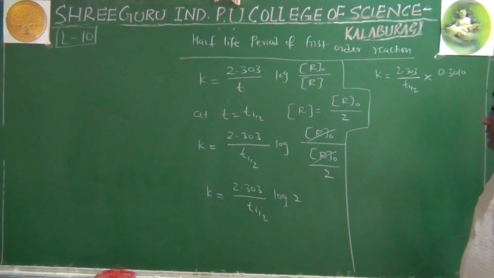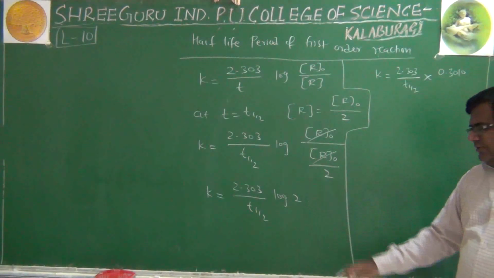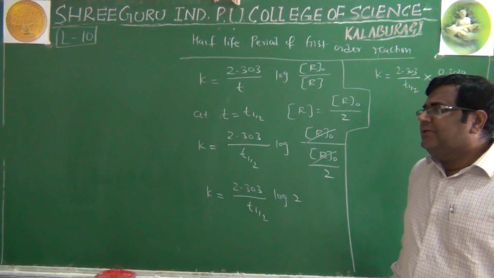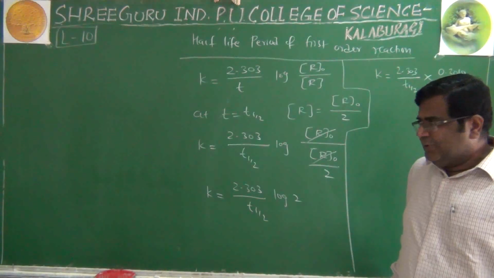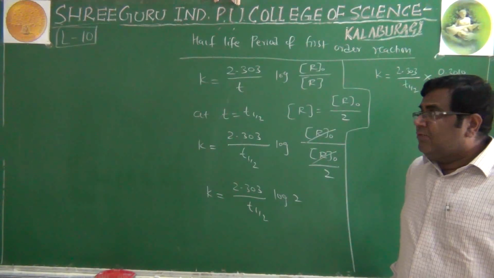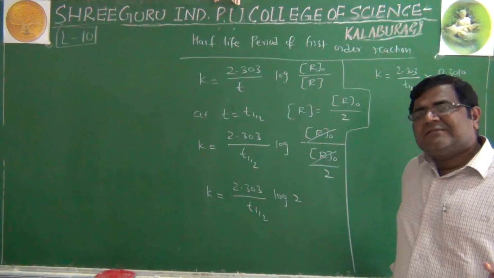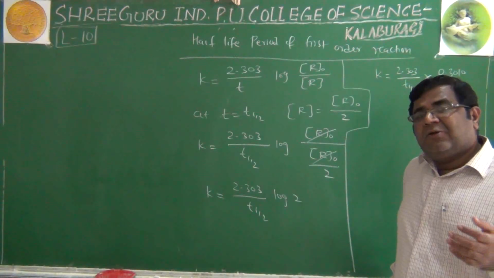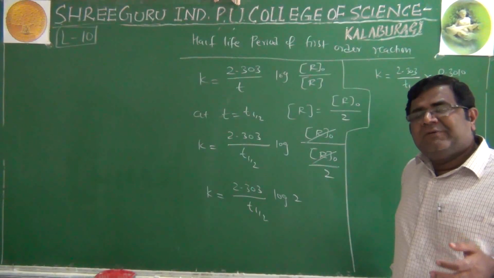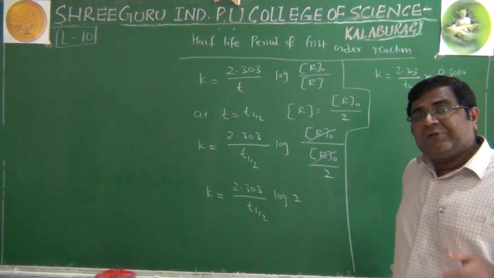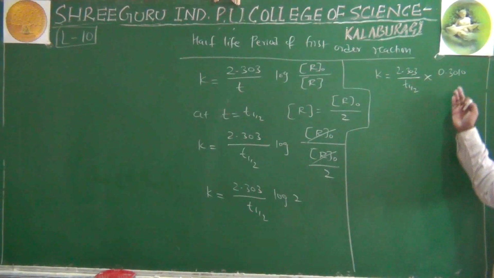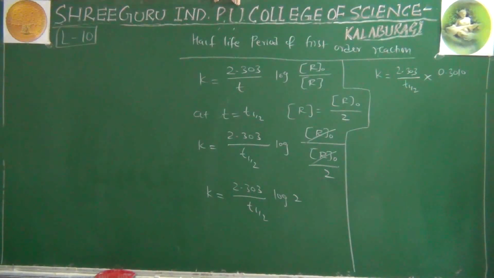Log 2 is 0.3010. I think you know how to see the log in the log table; in electrochemistry you might have learned that, and in last year's physics also you might have used that. From next class onwards we have to solve the numericals, and in those numericals the log table is required. So I request you to be ready with a log table and a simple calculator so that you can save time. So log 2 is 0.3010, which is I think already known to you.